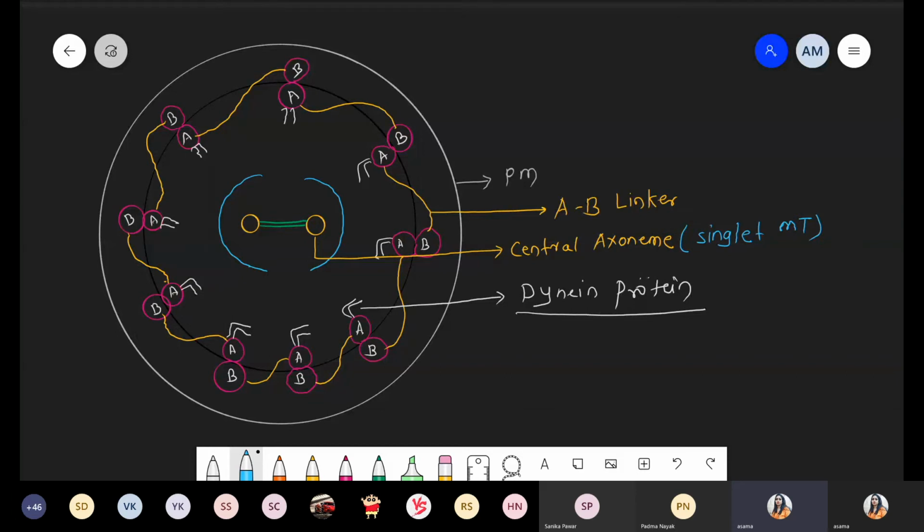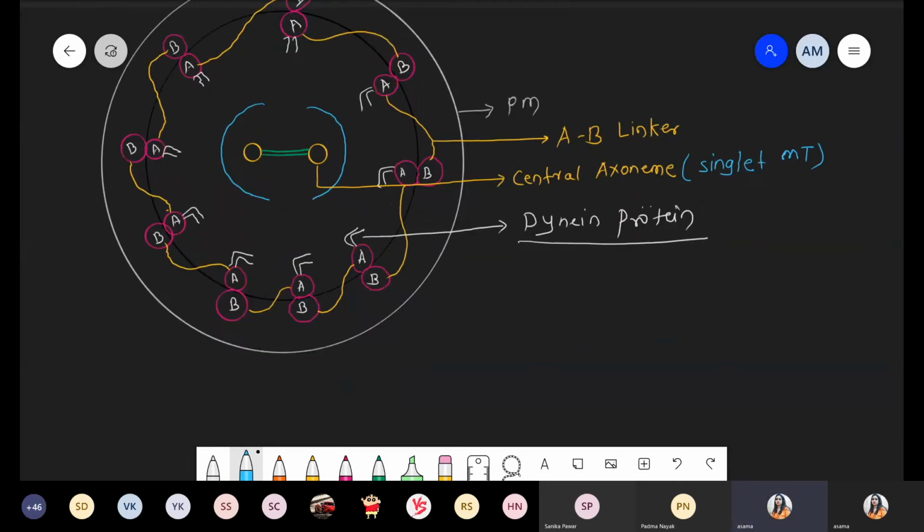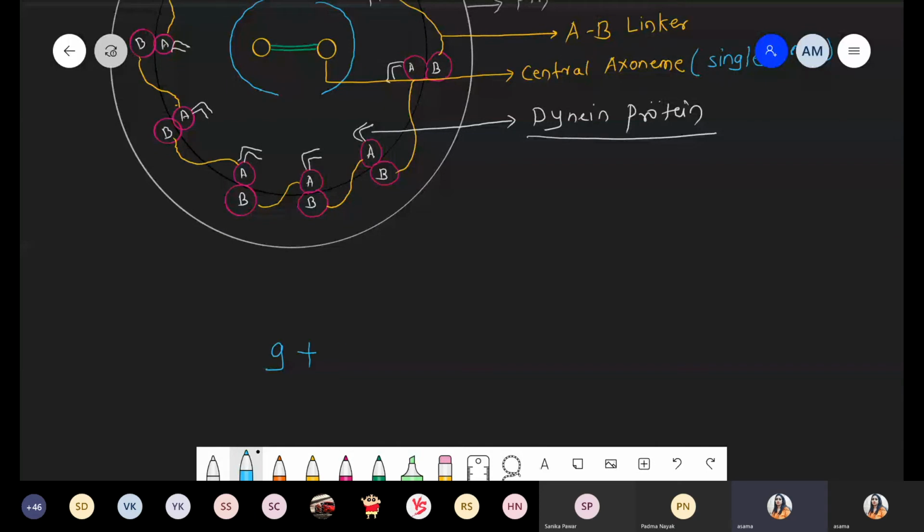Can you count and tell me: when we are talking about cilia and flagella, it consists of a 9+2 arrangement. How many microtubules are associated with cilia and flagella? Because on the periphery 9, at the center 2. So when we are talking about the 9+2 arrangement, how many microtubules are associated with it? Total 20. Yes, 20. Okay. Can you tell me how?